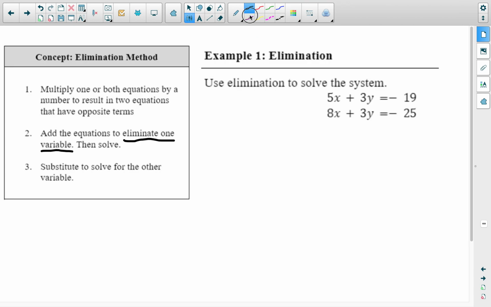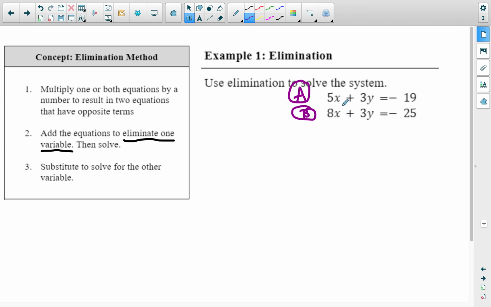Okay, so the big thing with this, we have to stay organized. The way that I recommend doing that is by labeling each equation. So let's say that 5x plus 3y equals negative 19. In this system, we're going to label that as equation A, and then 8x plus 3y equals negative 25. Let's say that that's equation B. And so notice how I have x and y in both of my equations, and my x's and my y's are lined up. In order to figure out what number x is equal to, or what number y is equal to, or to figure out if this system has infinitely many or no solution,